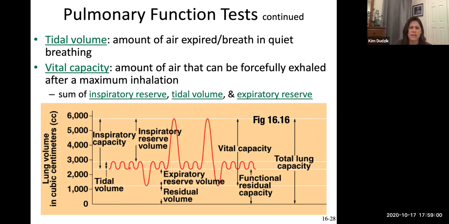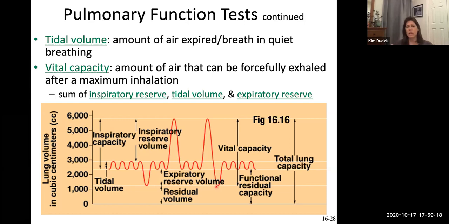Okay, so this was normal breathing, and they said at the end of a normal exhalation, oh, keep blowing it out. And that's what you're doing. So again, you're engaging the internal intercostals, your rectus abdominis, everything you can do to push as much air out as possible. That's expiratory reserve.